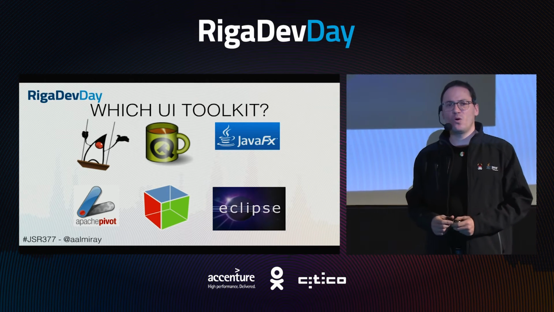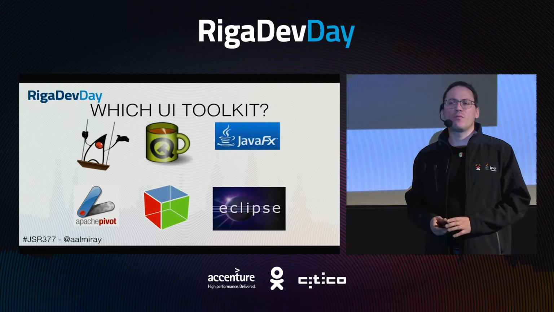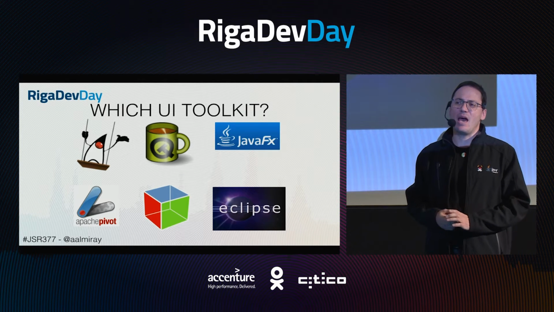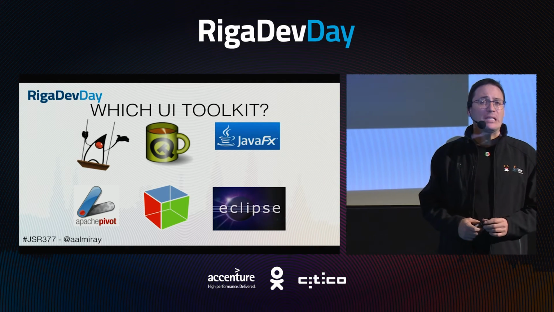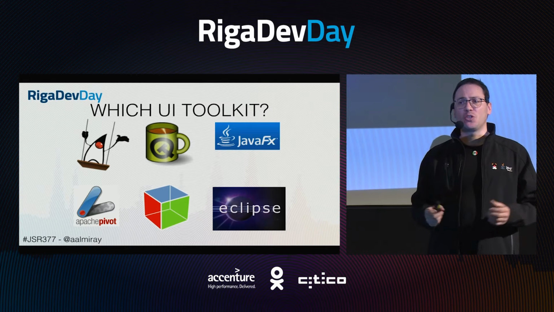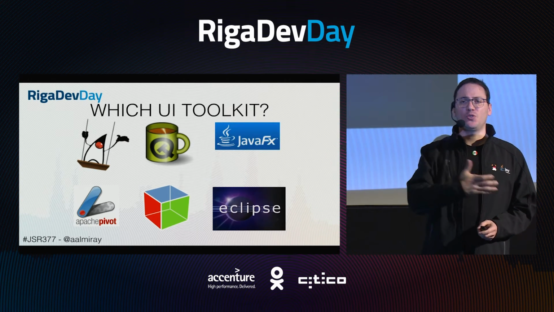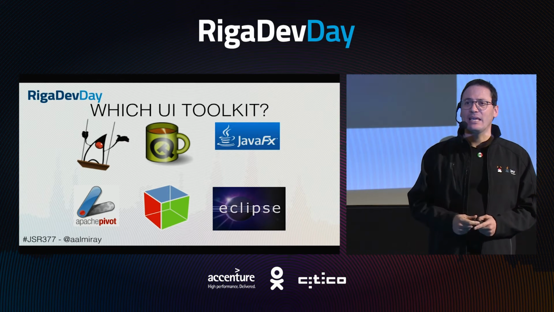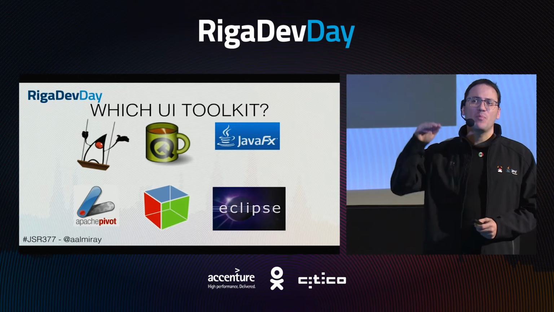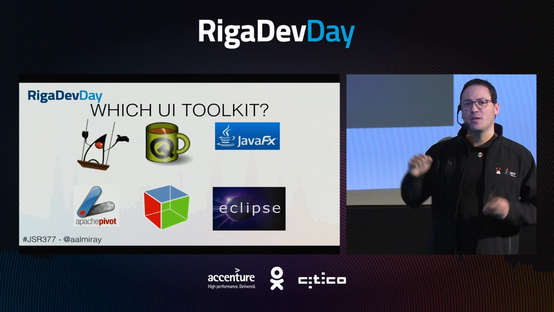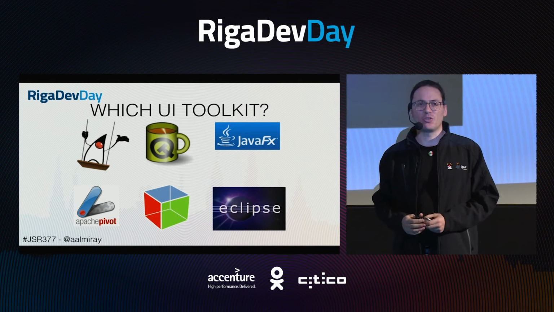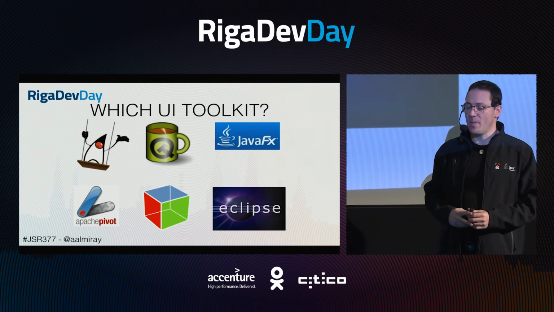Or if you ever did something with C and C++, you might have used Qt. There is this open source project called Qt Jambi, which allows you to use Java to drive the Qt toolkit. Unfortunately, Qt Jambi is not up to date to the latest versions of Qt, but this is just the very nature of open source. Apache Pivot,